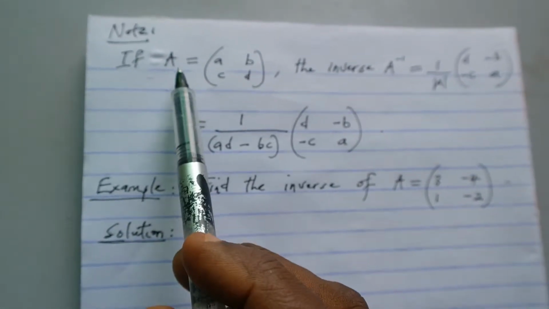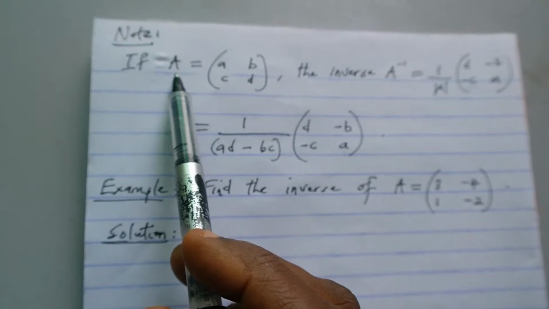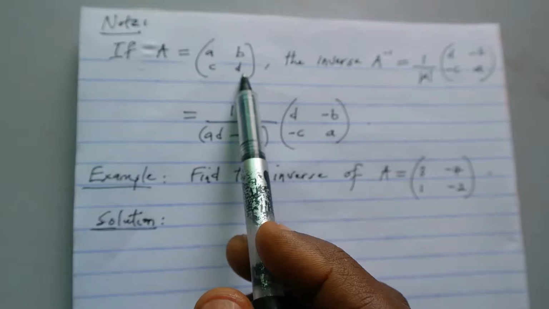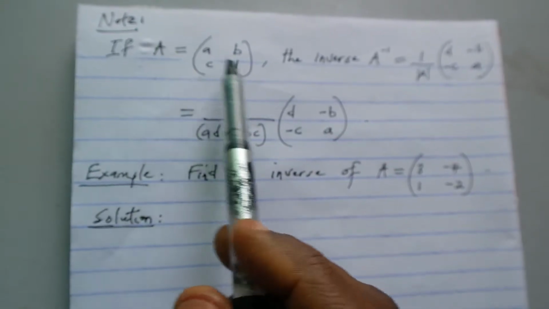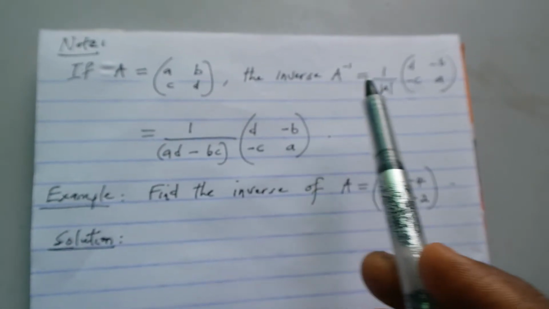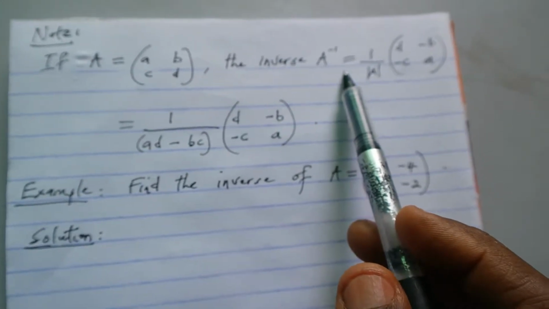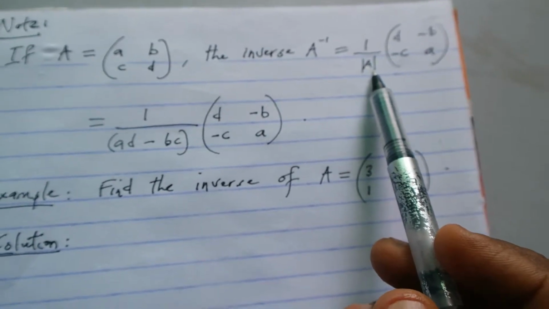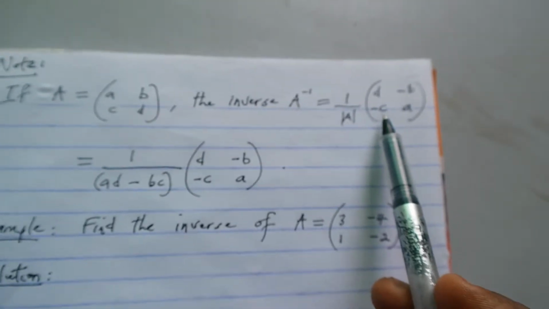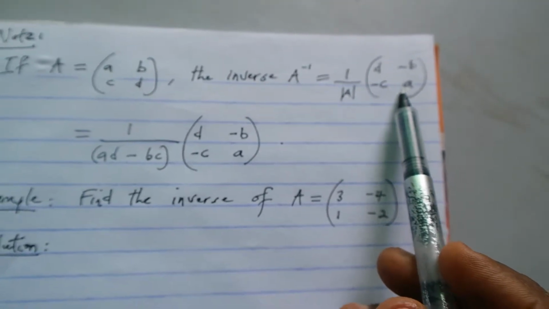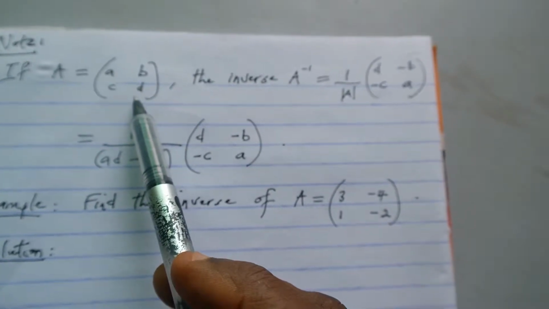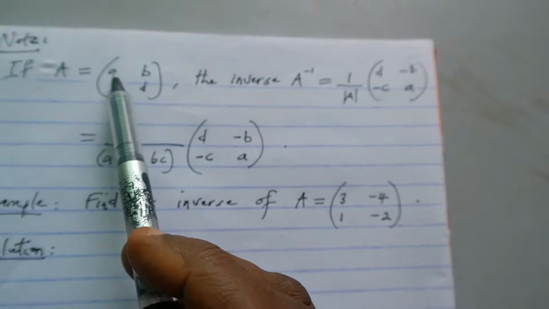It says if matrix A with entries a, b, c, d, like this, if you have this 2 by 2 matrix A, then the inverse of matrix A will be 1 over the determinant of A, then multiplied by what we have here. If you observe the matrix here and the matrix here very well, we have a, b,